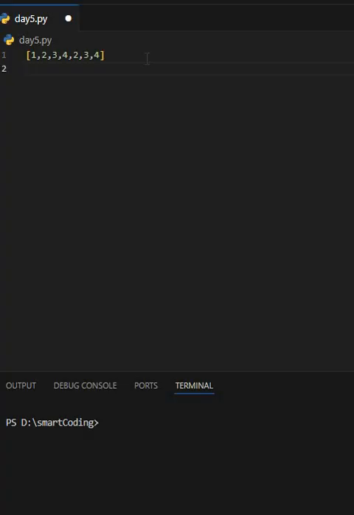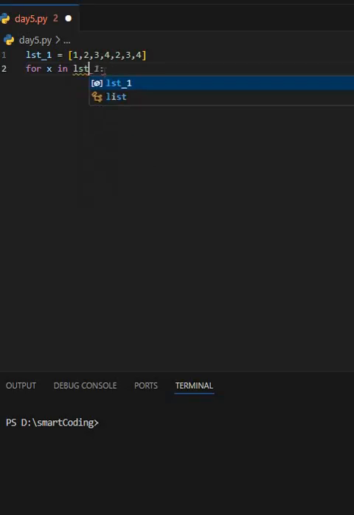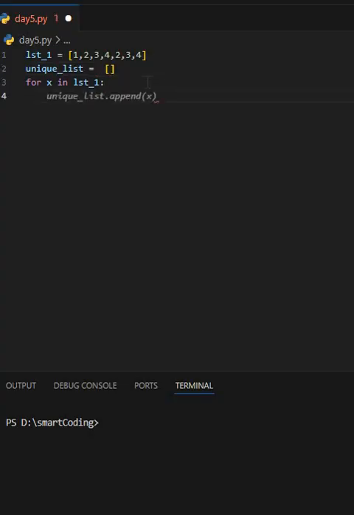So we are going to use for x in, let's say we are going to store this with list underscore 1. So we have list underscore 1 and we are going to use the loop on this list. So what we want, we are going to create another list here which will handle the unique list, and this is empty. And after applying the loop on list 1, what we are going to check is if x not in unique